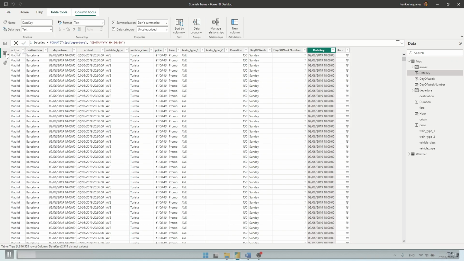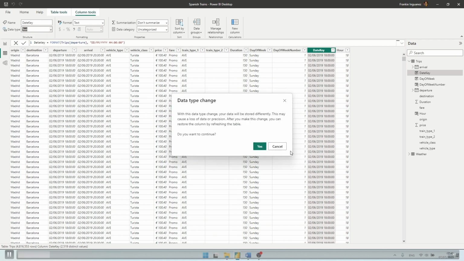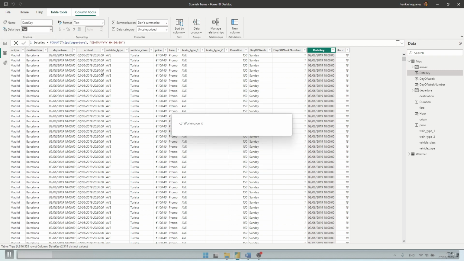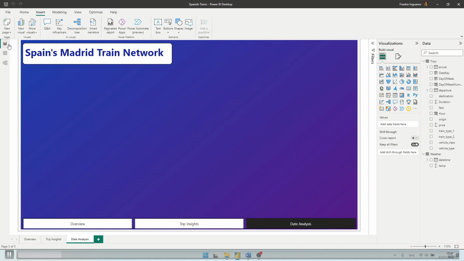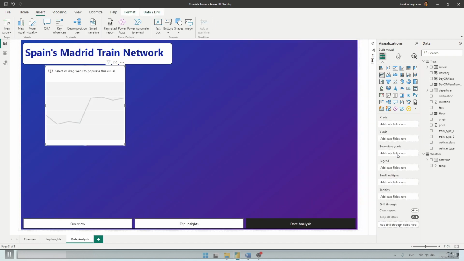We have to go to the data view in the trips dataset. We look at the data key column that we had created, and we need to convert the data type from text to date. With that in place, we can proceed back to the report view where we can add a line chart where